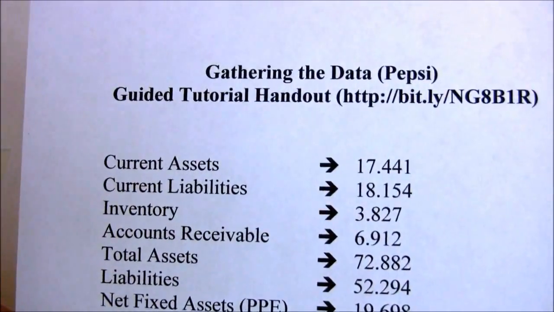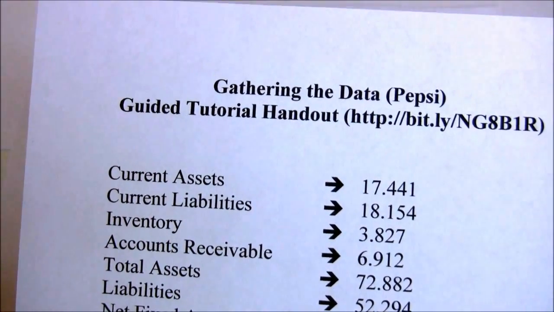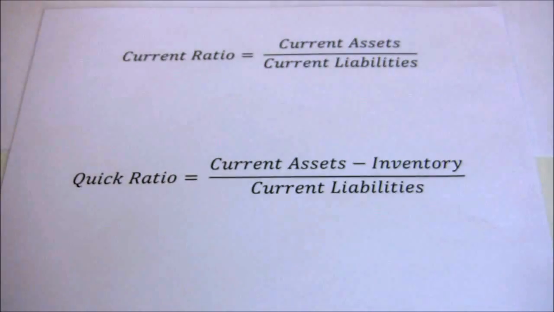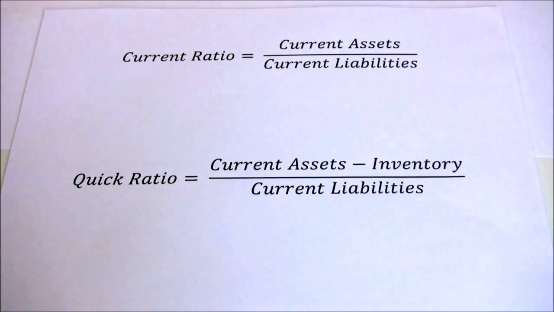Now I'm going to break these ratios into two more videos because it takes a while to go through each of the calculations. The first one, we're going to start with our liquidity ratios, our asset management ratios, and then our debt management ratios. Liquidity ratios are ratios that typically are used as a tool by short-term creditors to make